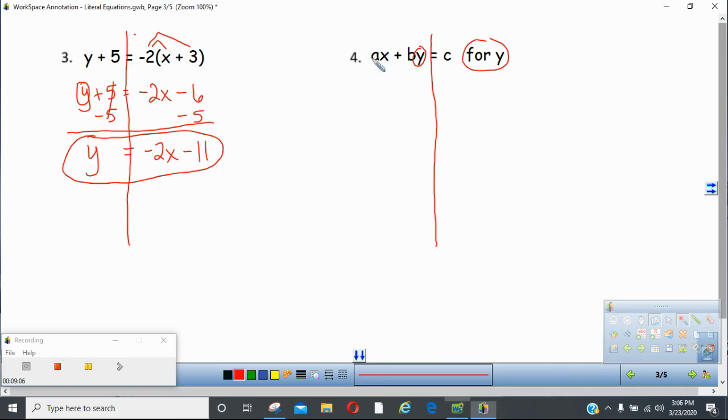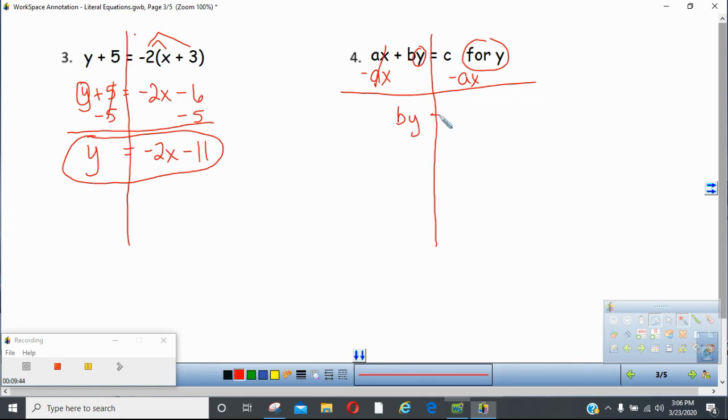And I know you're saying, well, what's an ax? It doesn't matter. It's positive, so how do we get rid of it? We're going to minus ax. And then if I minus it from here, I'm going to minus it from here. Now, because this is not a basic equation like these where they tend to put the x first, it's okay to write this the way you see it. So I'm going to write